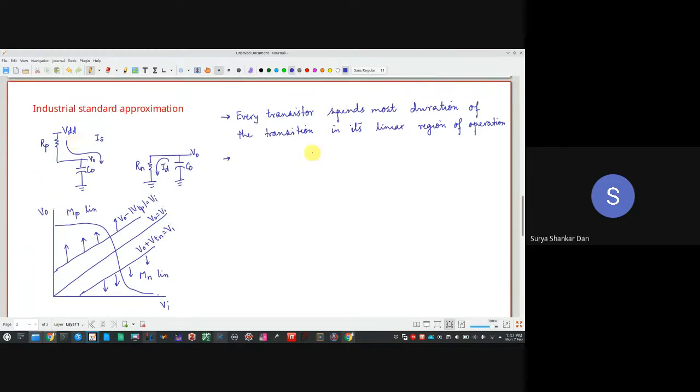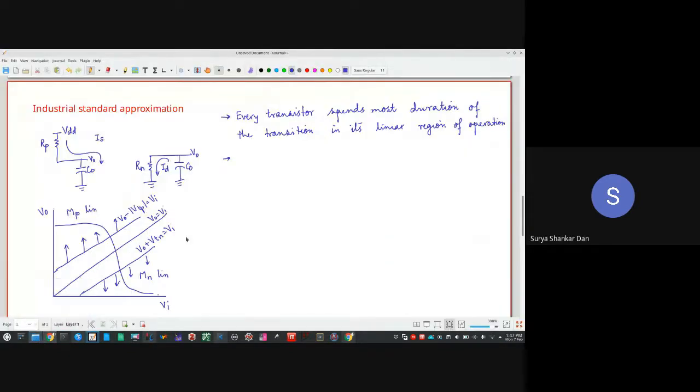Okay. So what we have understood is that during this transition between VDD and ground, we saw that every transistor, whether it is MP or MN, will be spending most of the duration of the transition in its linear region of operation. Okay. So when one is in linear, the other will always be in saturation only. Okay. Now, as we saw in our